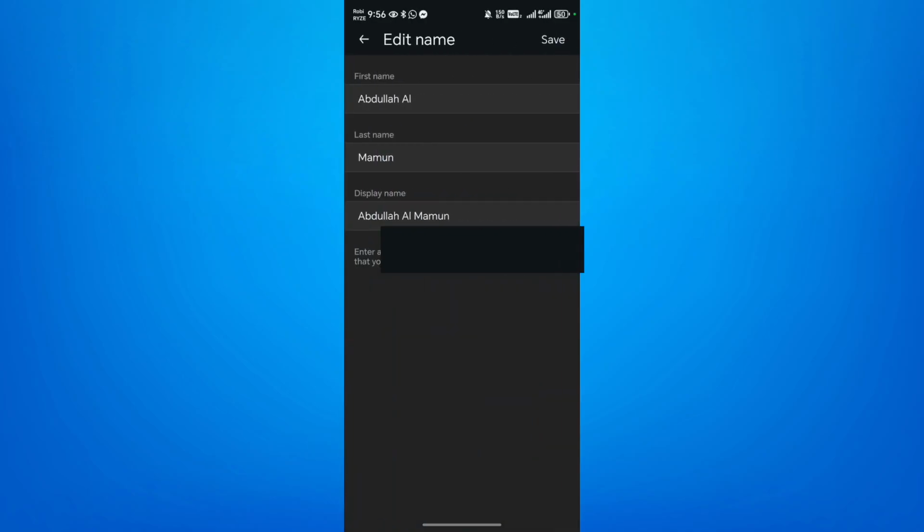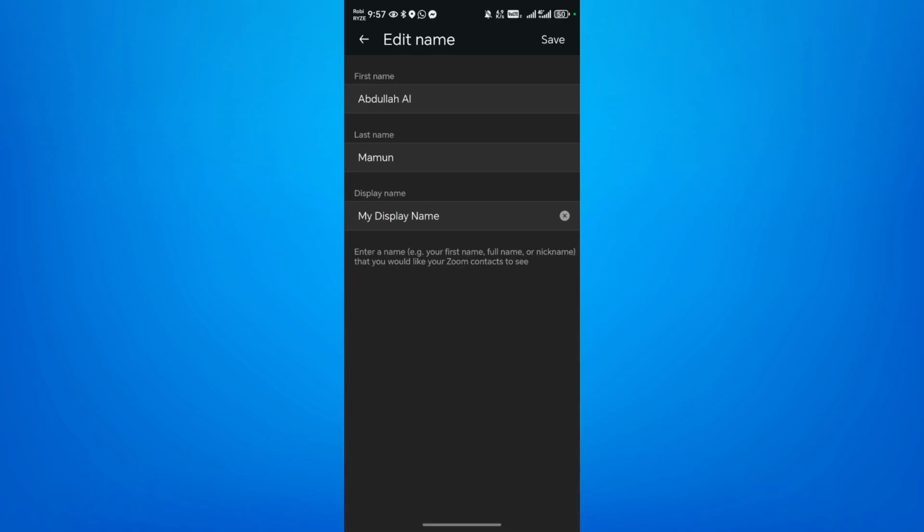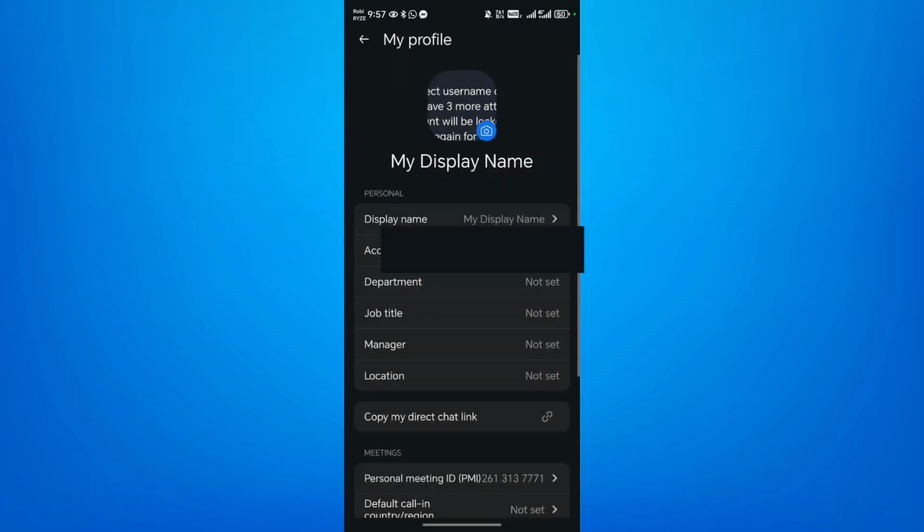Click on here. Now in the bottom you will see display name. Click on here and change according to your needs. After typing your display name, click on save in the top right corner. Now as you can see, my display name has been